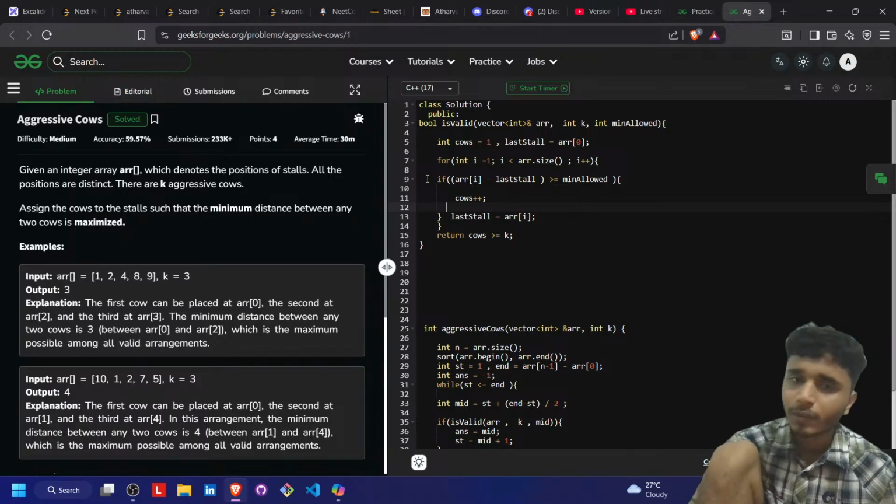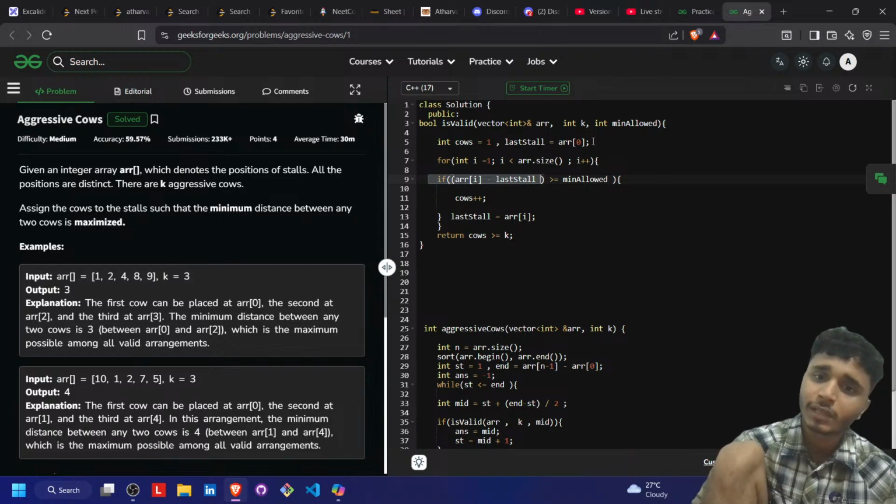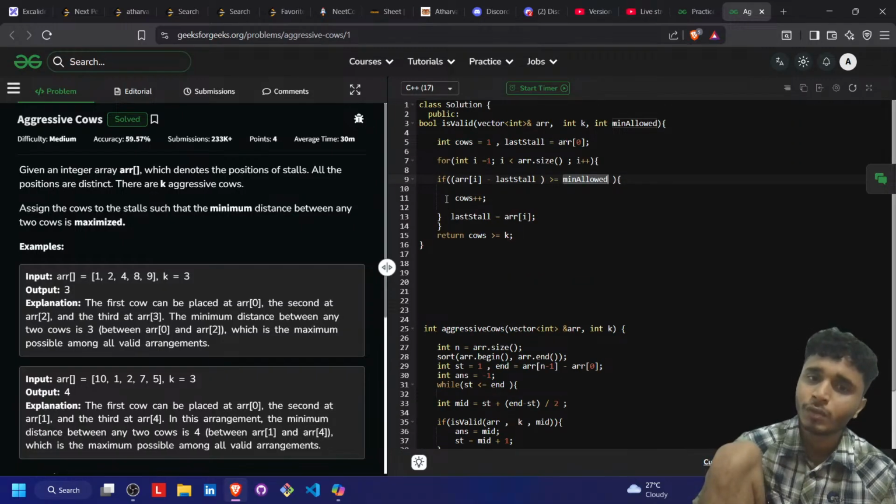Then we check if array index minus last stall, because in last stall we are storing the value of array, is more than or equal to minimum allowed, which is the mid we get. If that's true, cows plus plus